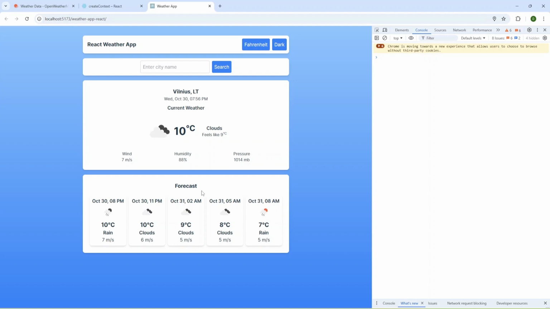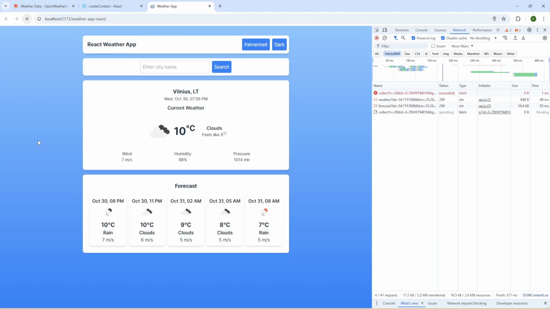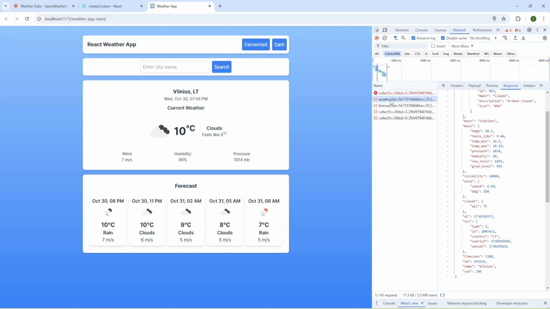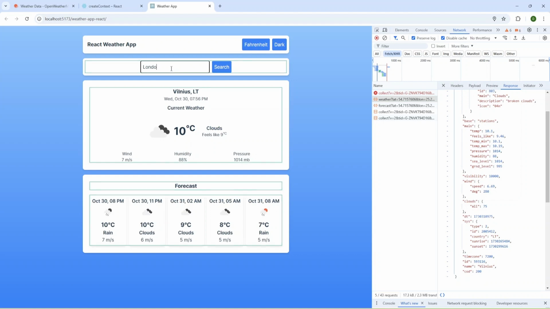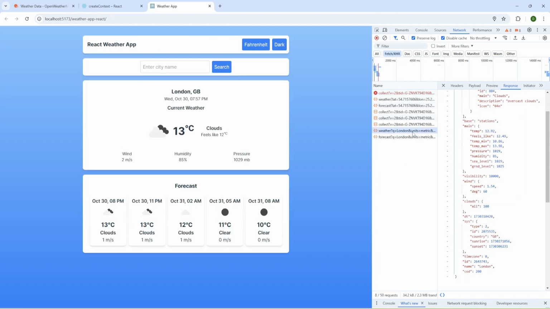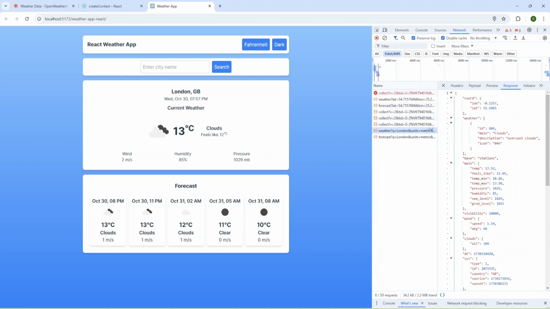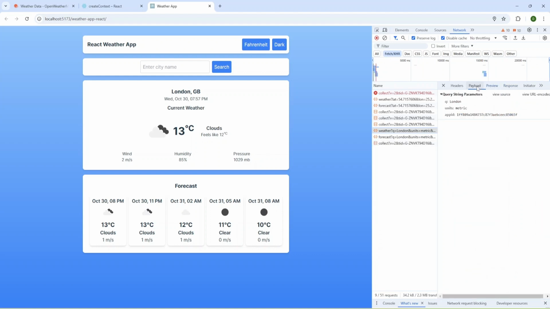Okay, that works so far, and let's do final testing. I'm going to open the network tab and reload the page, and we have some error, but I'm going to provide a city and press search, and we have requests for our metric, and we can check by load, and we have units metric, and also we have forecast for metric, and now I can retrieve data for Fahrenheit.